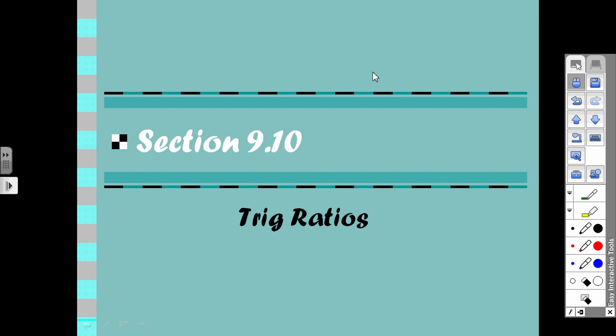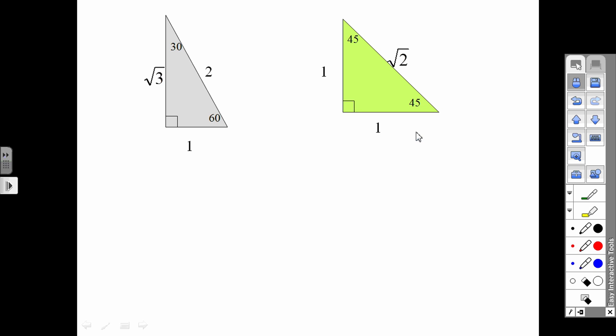So we should now feel comfortable with the sine, cosine, and tangent trig ratios that we can go through and actually apply them to more complicated problems. Aren't you excited for that? Okay, so first of all, what I wanted to start off with is taking a look at our 30, 60,